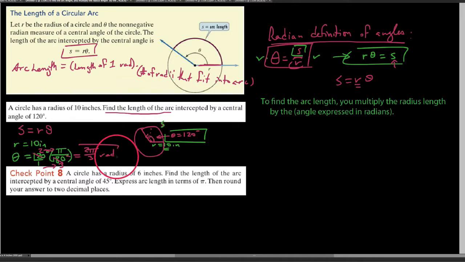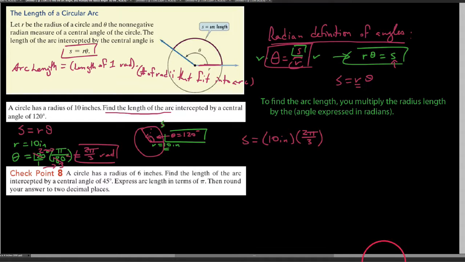And we don't have to write rad. We assume that it's in radians if there's no degrees there, but I'm going to write radians to indicate that's what it is. So if I were to find the arc length now, the neat thing about it is this. We would say that the arc length is given as the radius, so 10 inches, times the angle in radians,